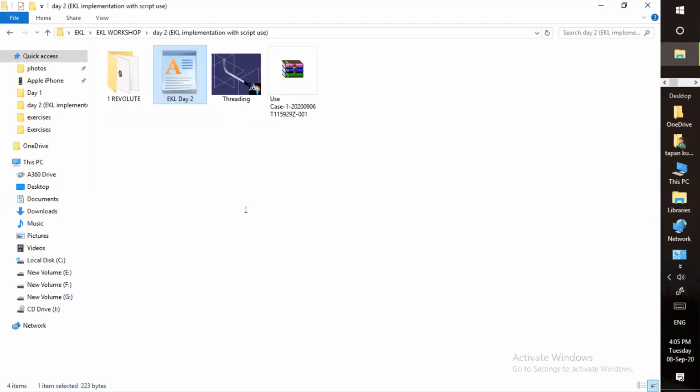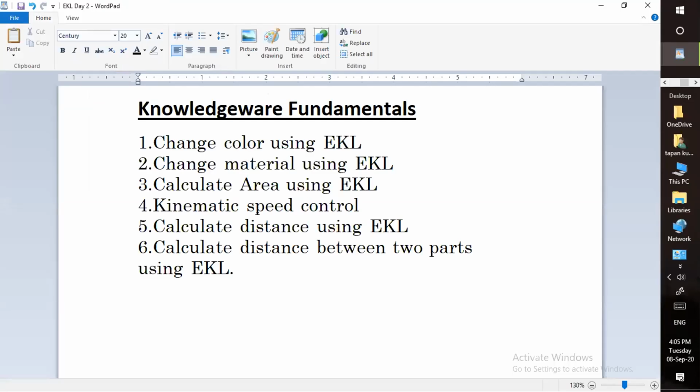Now the next thing is kinematic speed control. I have created one model. Let me complete this kinematic speed control. We'll go sequentially, that will be better.